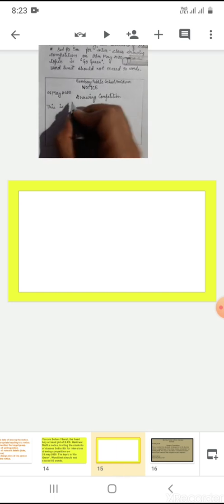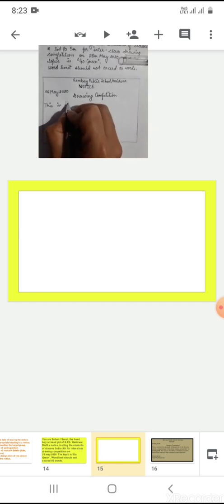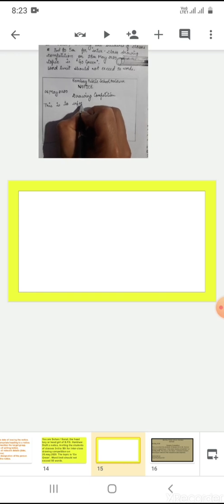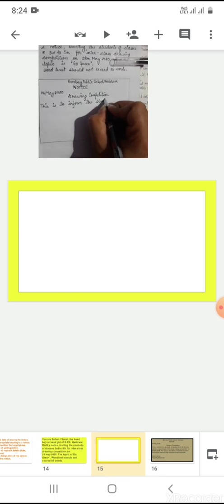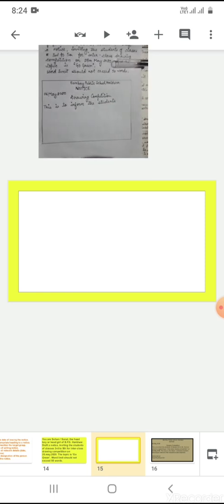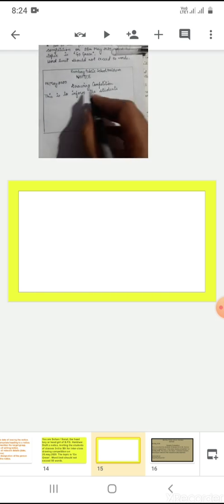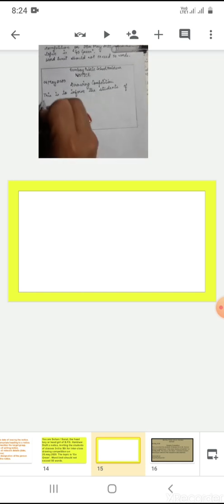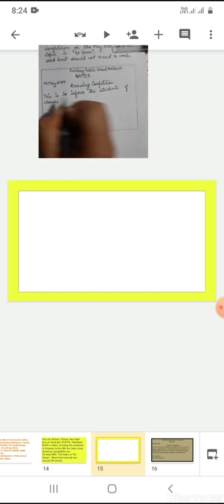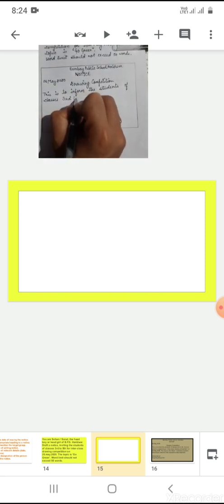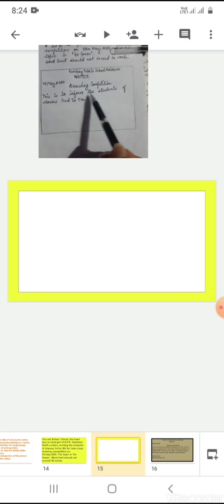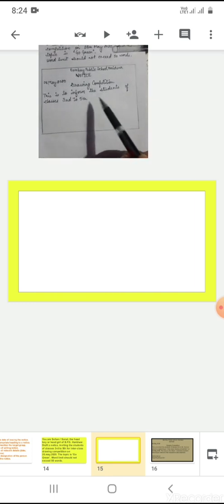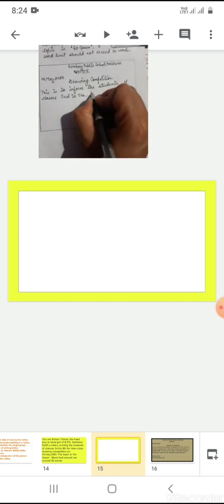This is to inform the students of classes 3rd to 5th, comma, that